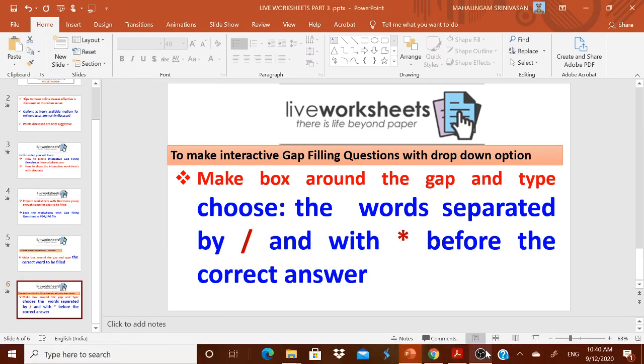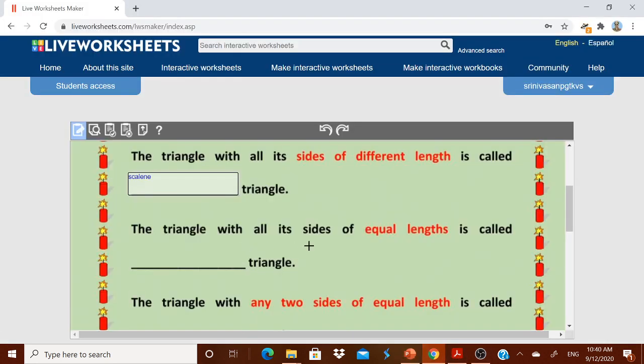Let us try. I am coming back here. You see equal lengths. I am putting a box over here. I am typing choose colon. What is the first one?